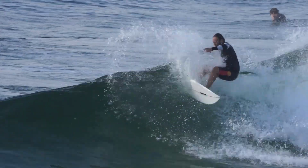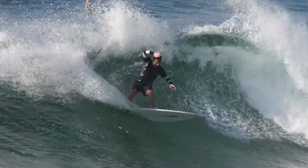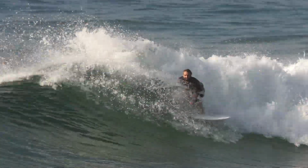So I've been riding the Cohort I in a variety of conditions. We did the initial thoughts quite some time ago. I had some time out of the water and just riding some mid-lengths. I hurt myself and was just taking it pretty easy. So I'd ridden this and then I hadn't ridden it for ages, and I was frothing to get back on